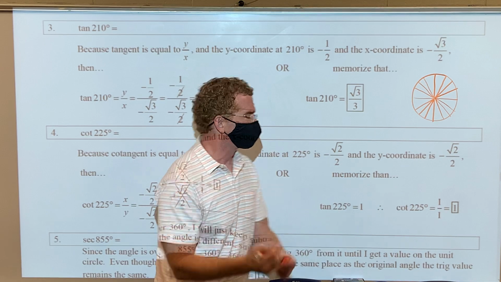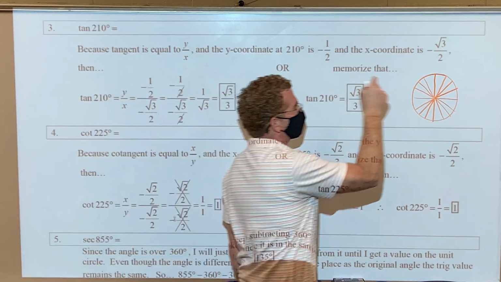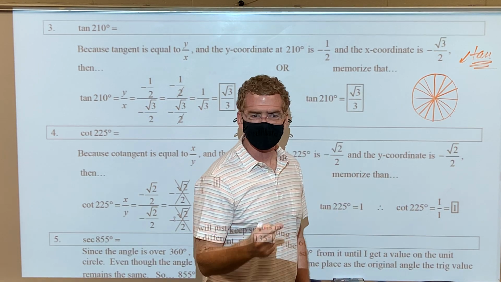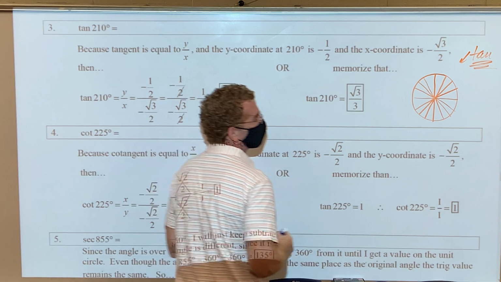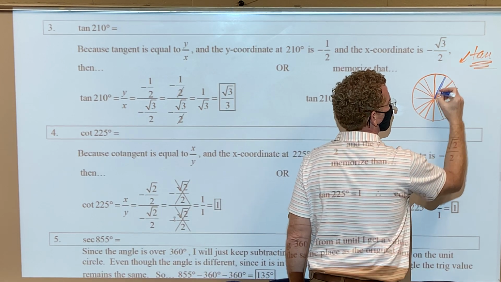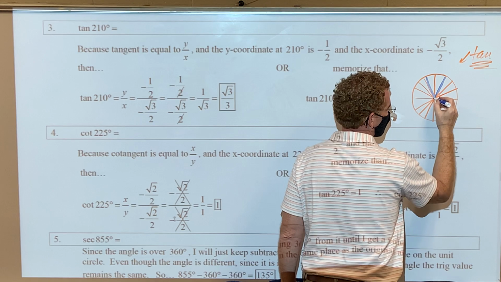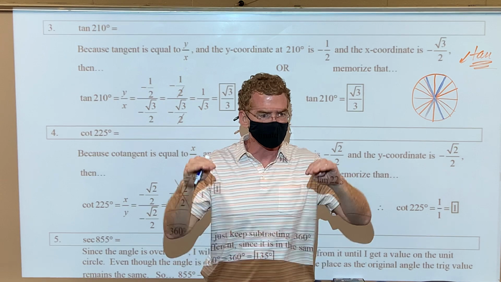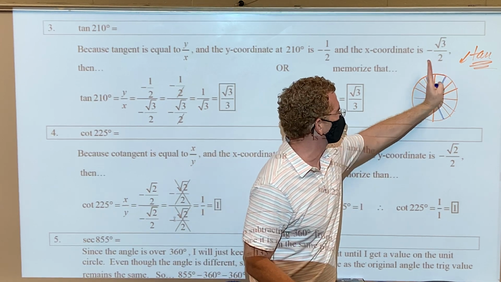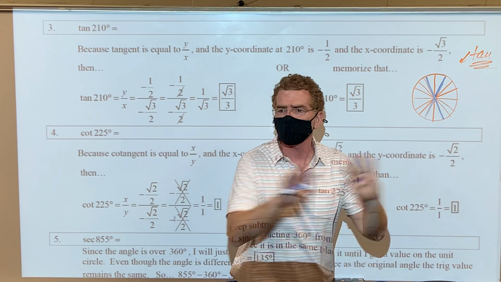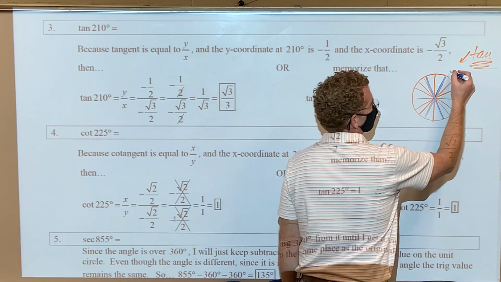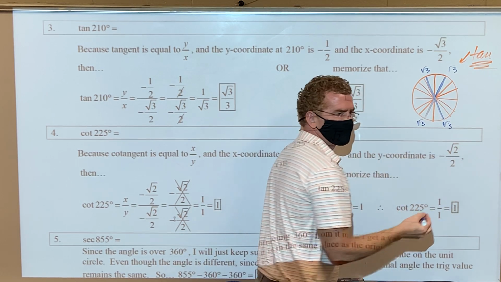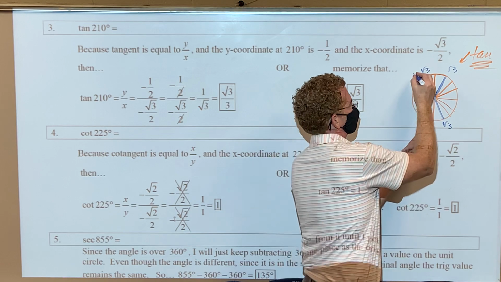Memorize for your sake that any time, this is for tangent, all right? For tangent. Anytime I take a tangent of an angle, that is one of these tall reference angles up here, or down here, or down here. The big ones that have like a 60-degree reference angle, whether it's 120, whether it's 60, 120, 240, or 300. All of those, when you simplify, you get a root 3 derivative. Now, it may be positive, it may be negative, but you know that tangent's positive here, so it must be